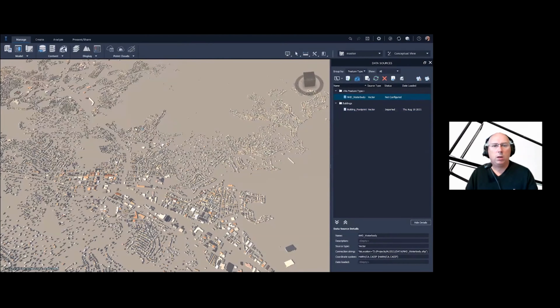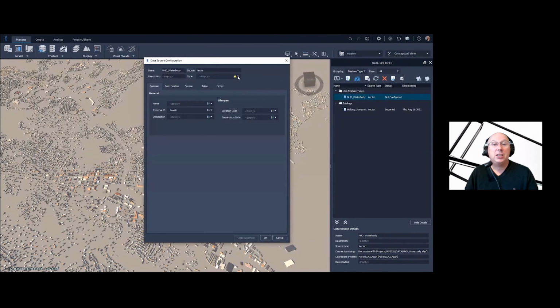So we'll bring in the water bodies, and the process is the same. It's not configured. They don't know they're water bodies. It just knows there's a shape attached to our current model. It's not being used. It's not configured. The status is not configured right there. So we have to double click and change that type. Remember, we picked the type where it shows that yield sign. This time, they're going to be water areas because they're polygons. It's a shapefile of areas that show all the water.